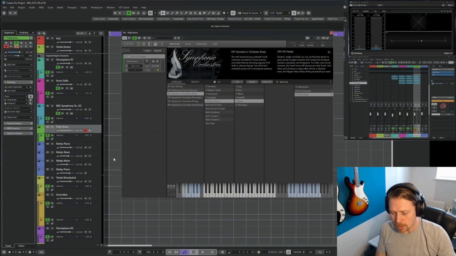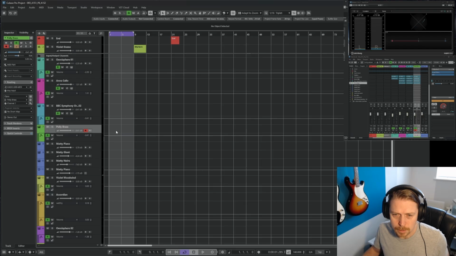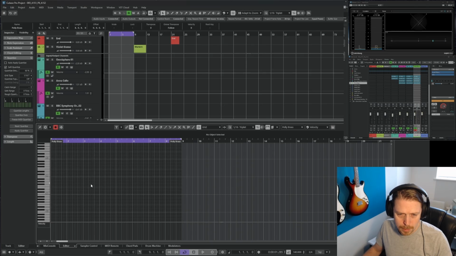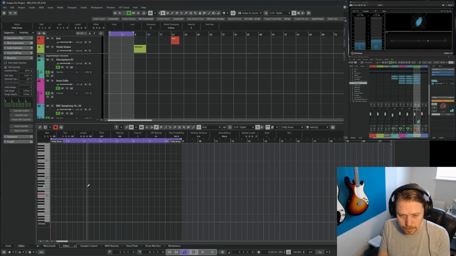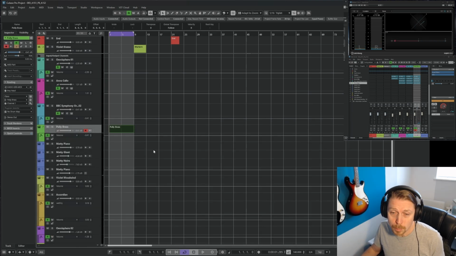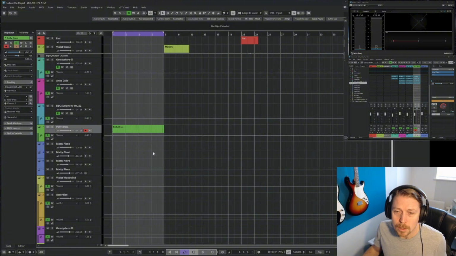Okay, so I think the one I'm settling on is this one down here. So I need to write that in. So the first things first, double left click to add a part, and then on the left you can see when you click a key on the keyboard, you can see which one highlights here. And then I put my little marker in now. Whichever other marker gets hit at any point or used at any point, that should at least mean that when I restart the track, it will start with that particular type of play style.